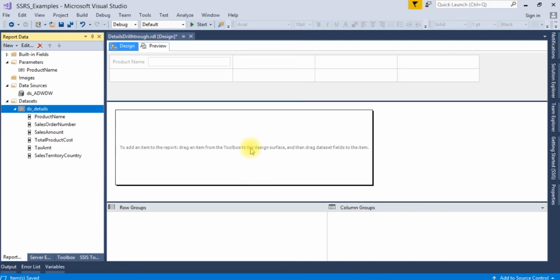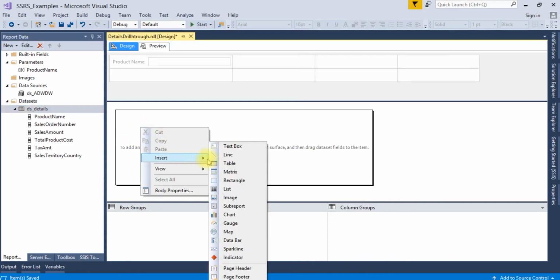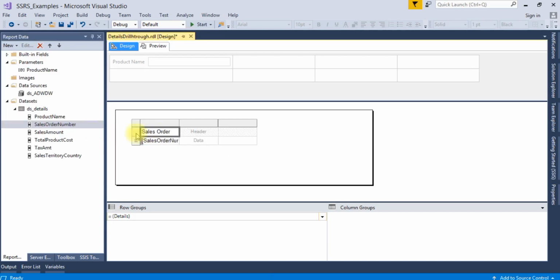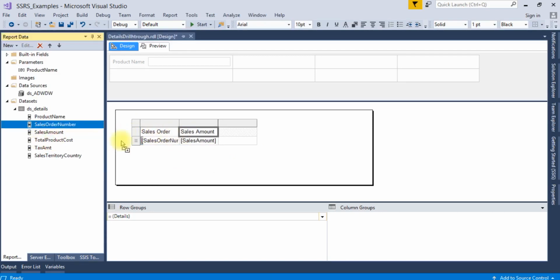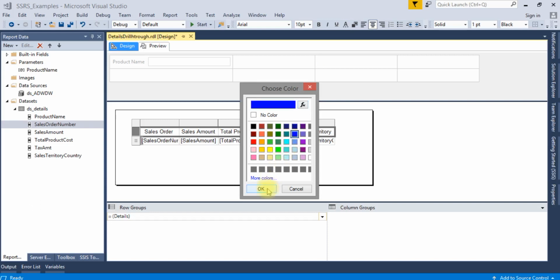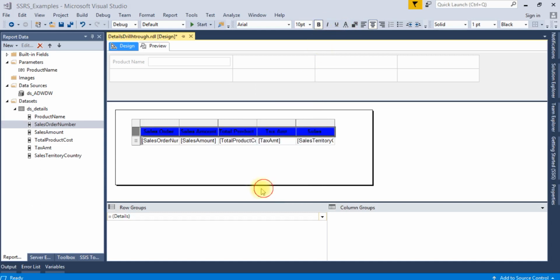Click OK. Now we'll design the table: sales order number, sales amount, total product cost, tax amount. Let's change the background color, let it be blue, bold, and we'll change the font color here.